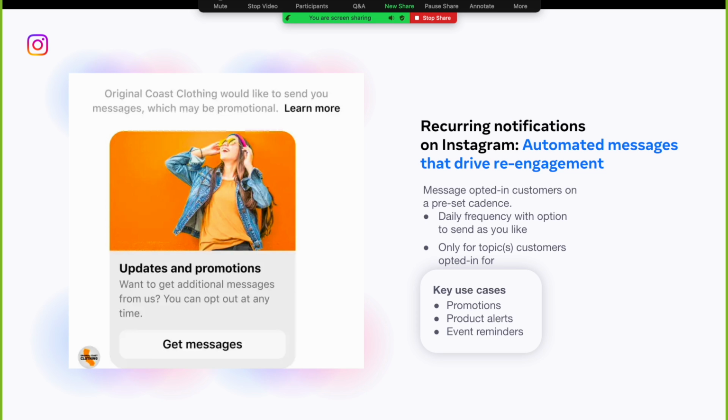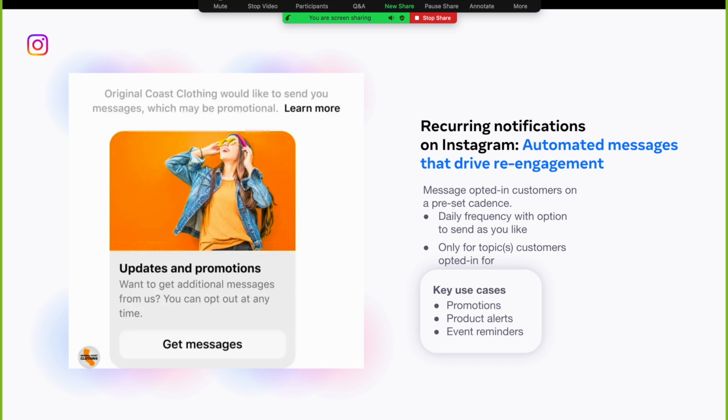Another way we have for businesses to connect with users is via marketing messages on Instagram. You may be familiar with marketing messages or recurring notifications on Messenger. The same functionality has been in testing on Instagram since July of last year, and you have the opportunity to sign up to be a part of the beta as well. This feature allows a user to sign up for messages from a business via Instagram DMs, even if the user hasn't messaged the business in the last 7 days.